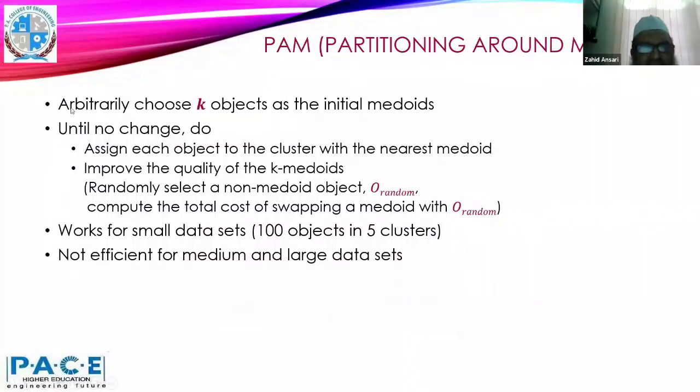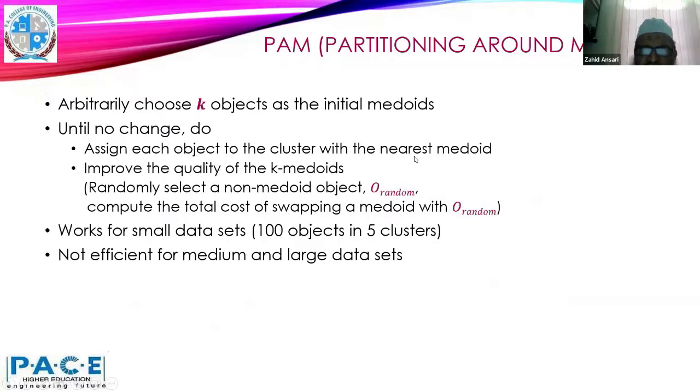What do we do in this? First, arbitrarily choose k objects as the initial medoids. Then repeat these steps until no change happens, until everything is stabilized. Assign each object to the cluster with the nearest medoid.